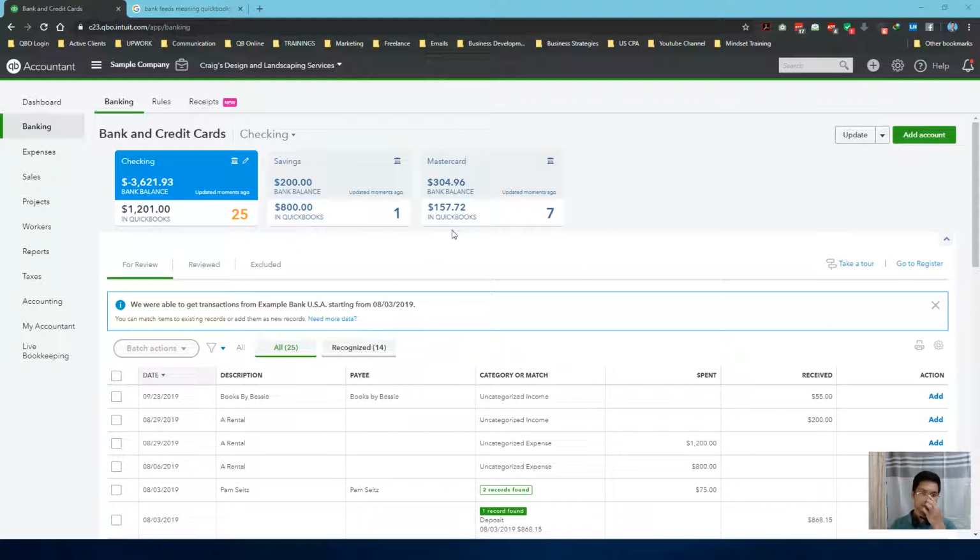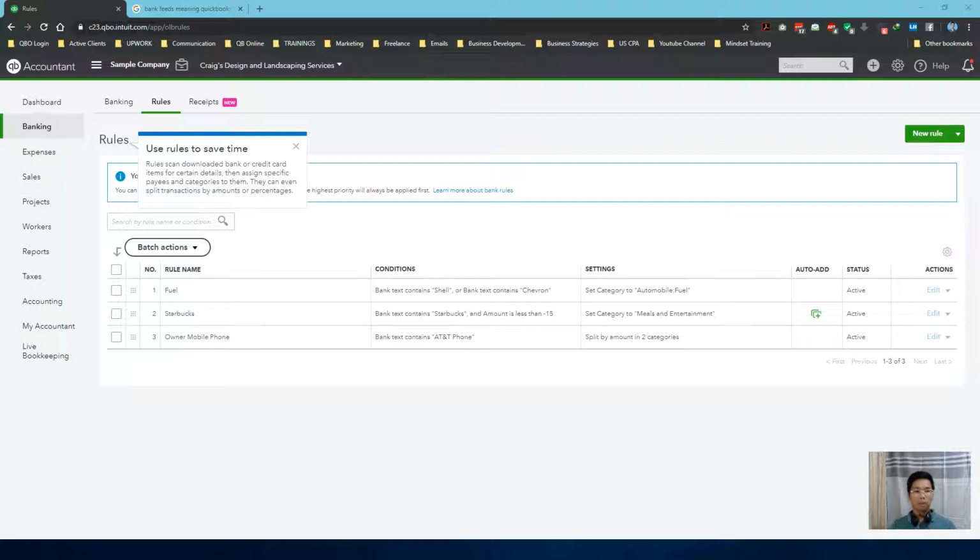So here on the bank feeds you have three tabs: banking, rules, and receipts. The banking tab lets you add new transactions, expenses, deposits, and bank transfers. While the second one, bank rules, lets you automate some data entry tasks, like categorization, assignment of payee, and